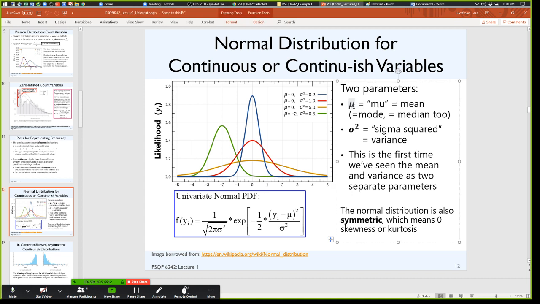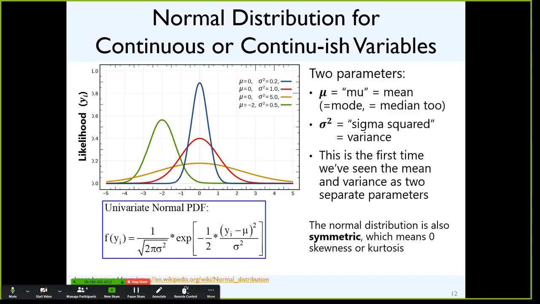So this is mu. I will refer to it as the U-looking thing because it looks like a U to me, but it's mu. That means the mean. Something special about the normal distribution is that if your data actually follow this distribution, the mean, the median, and the mode are all the same number. The arithmetic mean is the same thing as the median, the middle value, is the same thing as the most likely value, which in this case means the one that's the tallest. So for instance, if I look at the blue line, the red line, and the orange line, all of them have the same mean of 0.